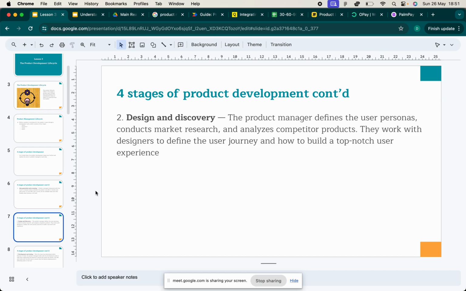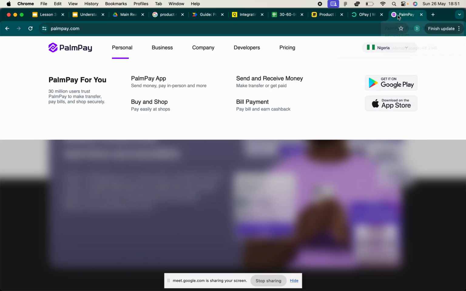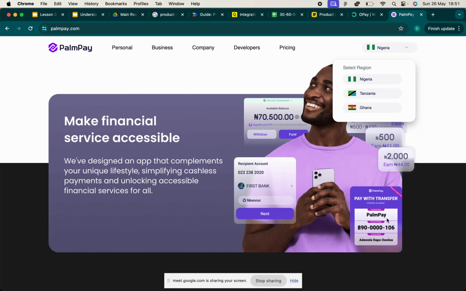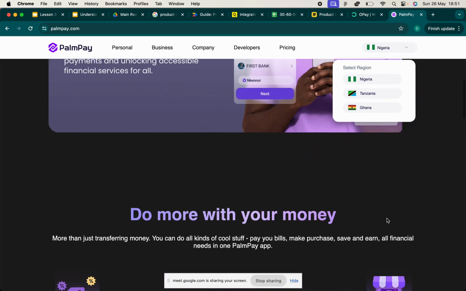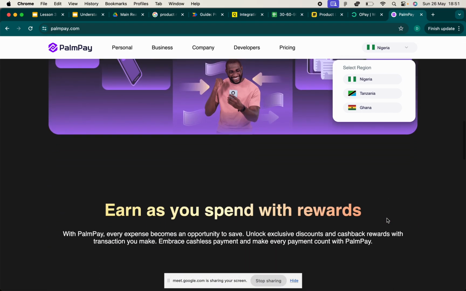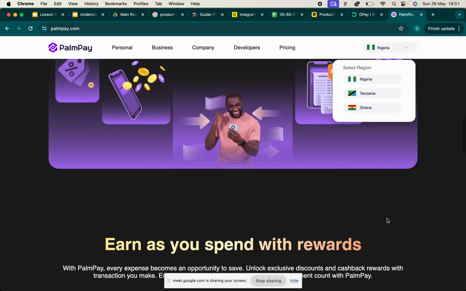So in tech, you think of an app. For those of you that have WhatsApp, you can see it looks good, doesn't it? Or for those of you that have OPay and PalmPay, you can see the app. It looks new. It looks completely different. For those of you that have these products, if you open maybe a First Bank app and open an OPay app, you see that it's different.